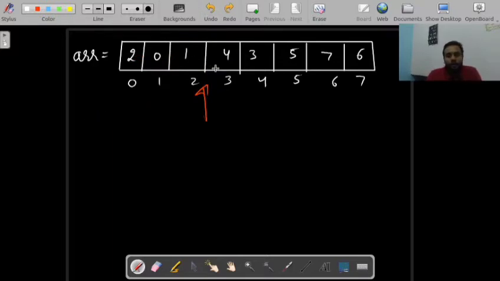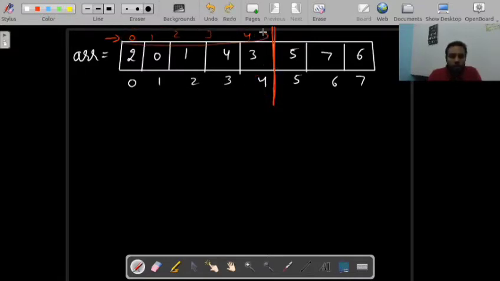Wherever I am applying a chunk, let's forget about maximizing the chunks. If I am applying a chunk here, the specialty about this point is that if I sort this array, it will be 0 1 2 3 4, and all the numbers are in range 0 to 4.